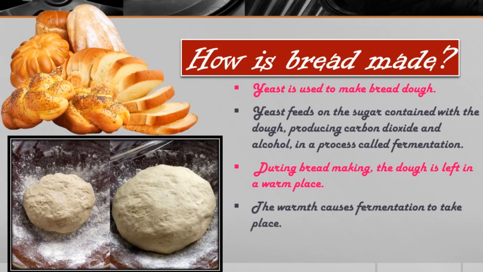Okay, so here you can observe the two types of dough. First is a normal dough after mixing the yeast, right? And after keeping that normal dough in the warm place, the dough gets fermented. That means it will rise, or it will double and triple in size. Okay, so this is basically how bread is made, and after all this, bread can be made into any shape.